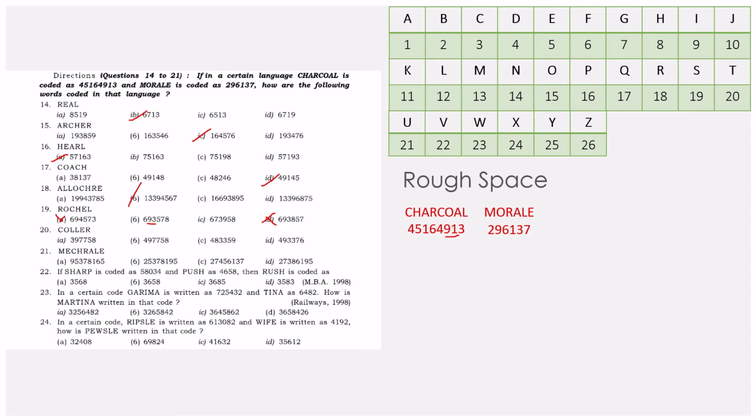So just check for one thing. Let's check for the second digit. I think it would work. If the second digit, that is O, is coded as 7, then we'll get the answer as C or else B. So C is for OAL C. 319 C. C is for 4, dude.